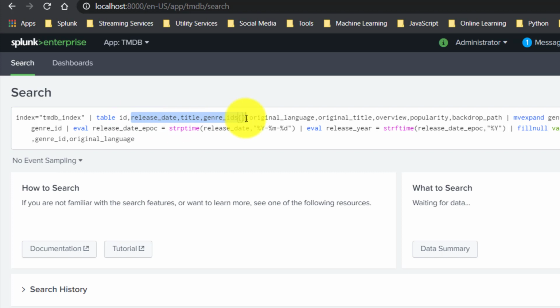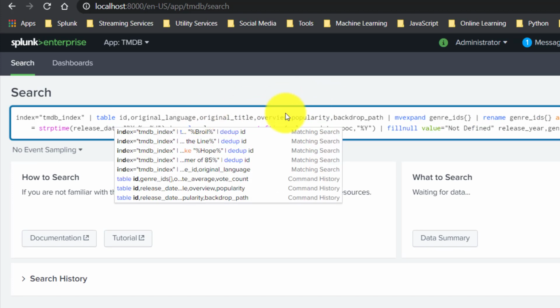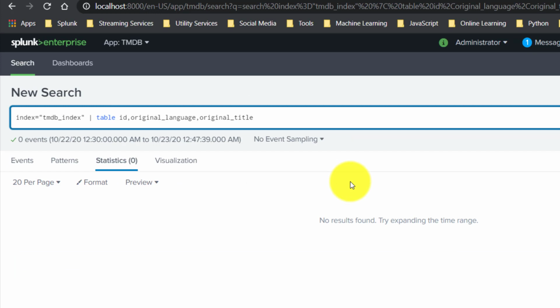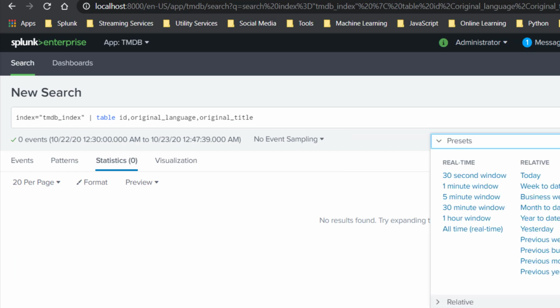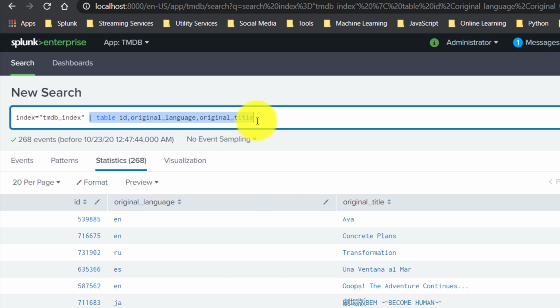I think that should be enough to establish that the search is running. No extra values. So we'll be running a search something like this. If I run it for all time, it will look like this over here. So we will copy this particular table command